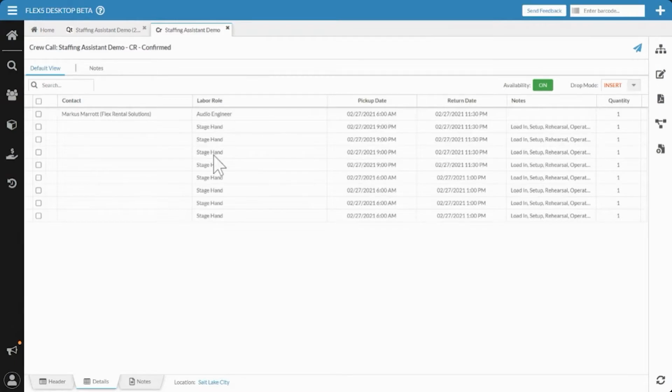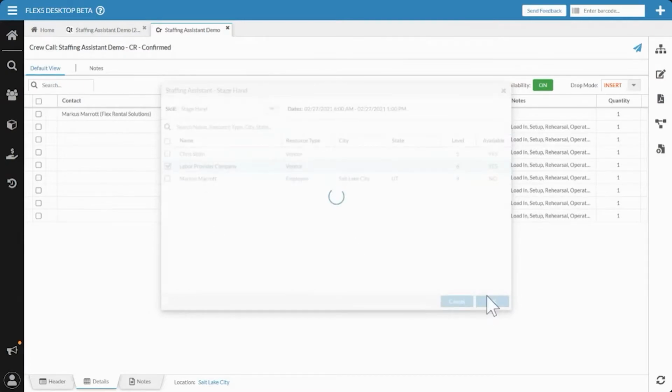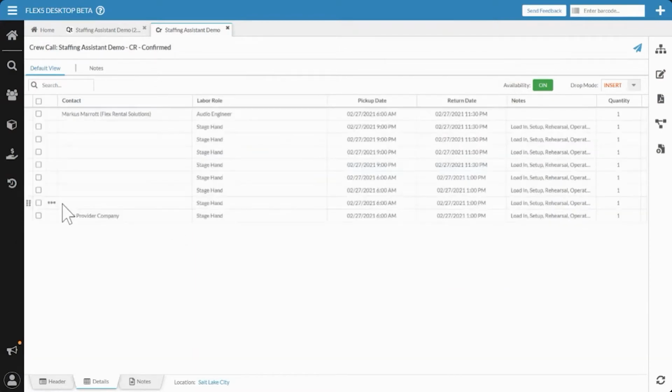Okay, so in that, just as the same note, if I say, okay, I'm gonna fill in this stagehand and I want to book in, I can go and say to my staffing assistant, again, it's going to pull up and say, oh, it looks like I've got Chris Stein could do it, I could do it, but I'm booked, or my labor provider. And so I could set my labor provider in here and go, yes, I want to have them do it. And then we'll note if I go to do that on a second one of these,